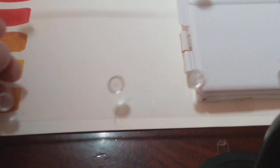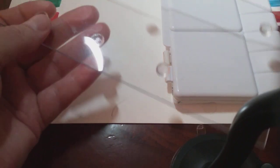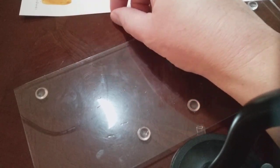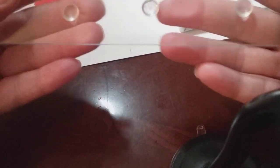And then this I made when I was doing my botanical art class. Let me back up. Whoops. Back up a little bit. It is an acrylic wrist stand. So you put this down over your painting and your hand goes over it so that you don't smear what you're working on. Isn't that great? I made that. Haha. My little rubber feet,